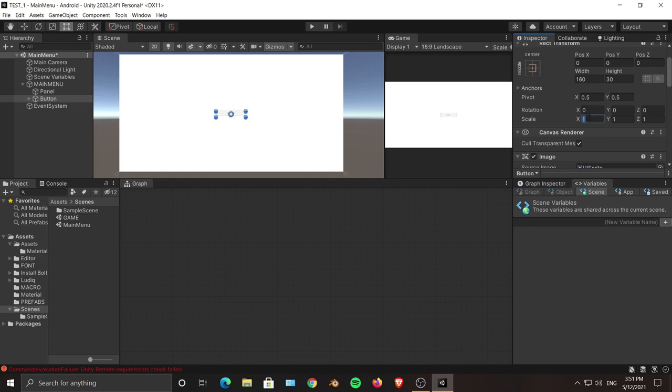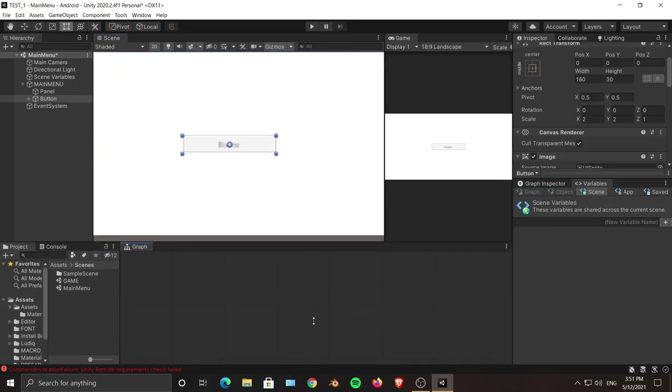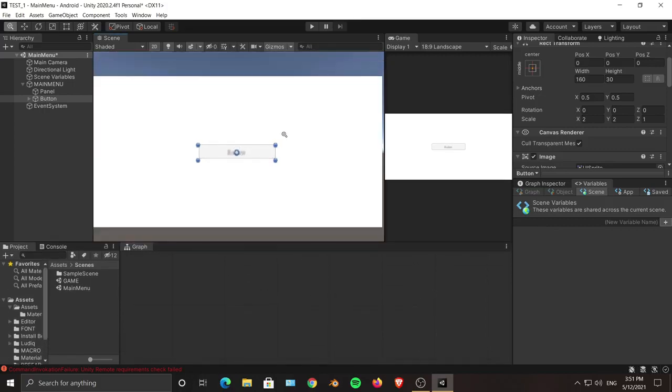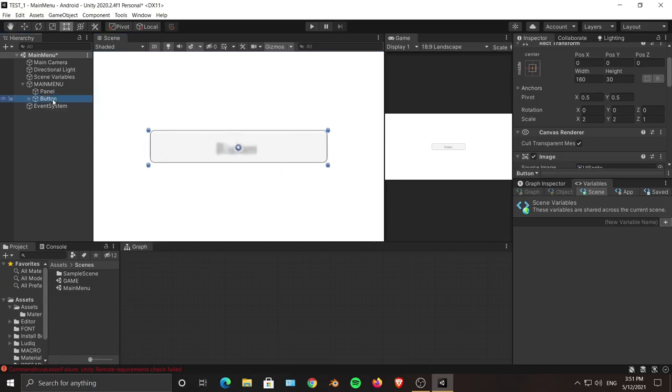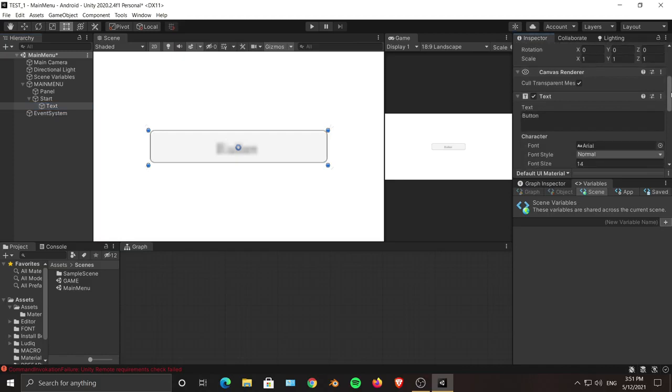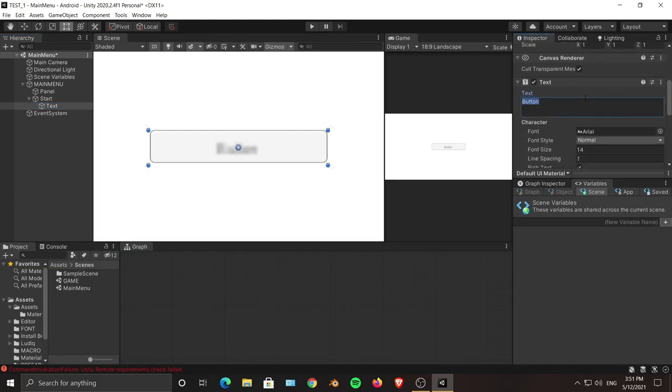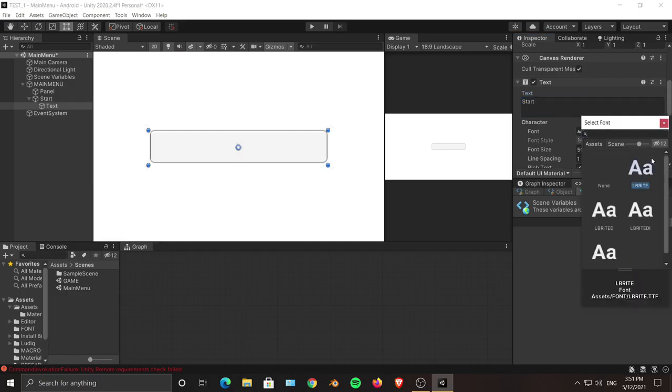Let's scale this button to something like 2. Let me make my graph editor a little bit smaller so you can see. So this button will be my start button. Let's rename this to start. Let's change the text to start as well. Great, now let's change the font to this,